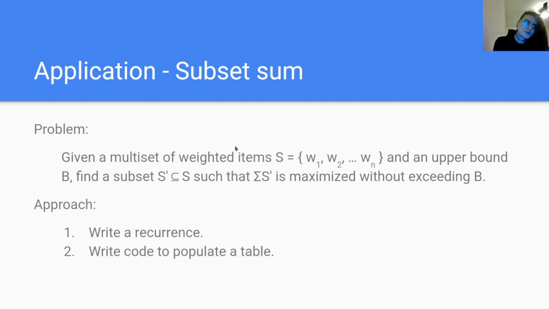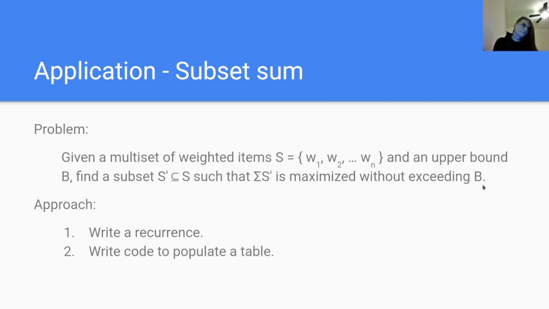So we're given a multi-set, which is another word for a bag. It's a set that can have duplicates, basically. So we have a multi-set of weighted items, S equals weight 1, weight 2, all the way up to weight n. There's n of them. And we have an upper bound B. We want to find a subset S prime of S such that the sum of the subset is maximized without